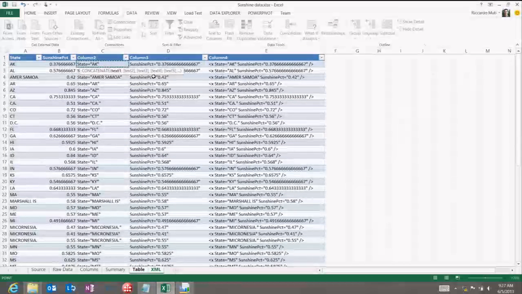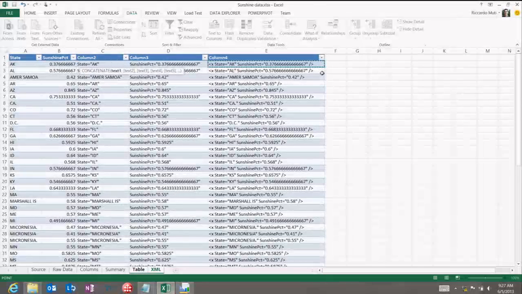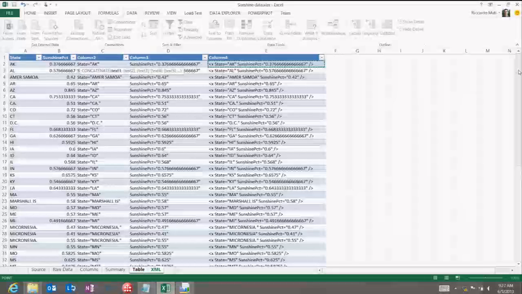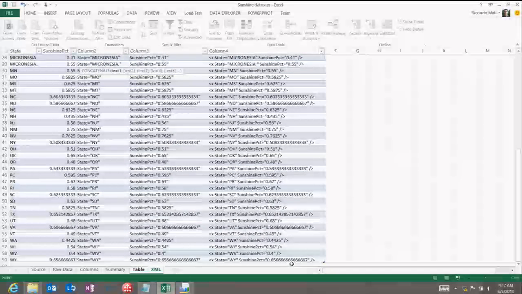I created it for state, and then for the sunshine percentage, and then I had another calculated column that combined those two attributes into an element. It doesn't matter what the element's called as long as I refer to it properly in the report. And then what I did is I simply take all these columns, all these elements,